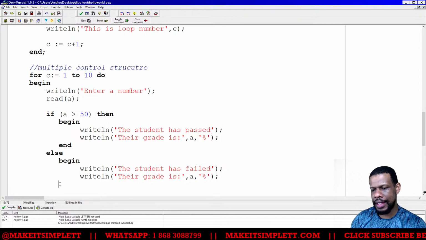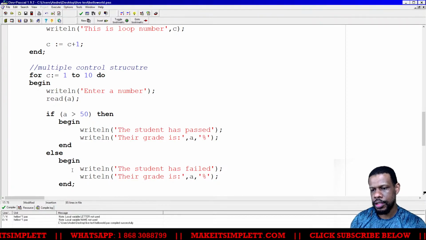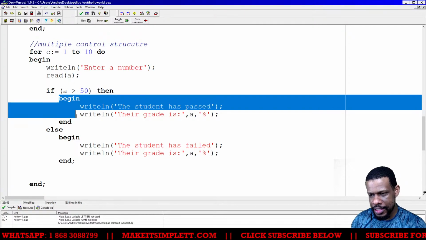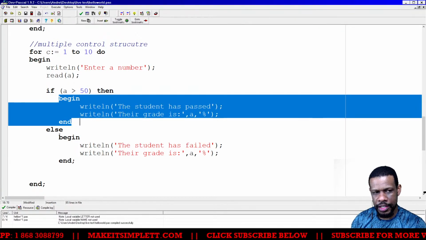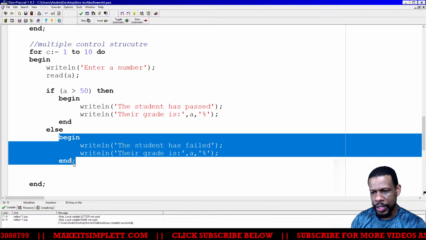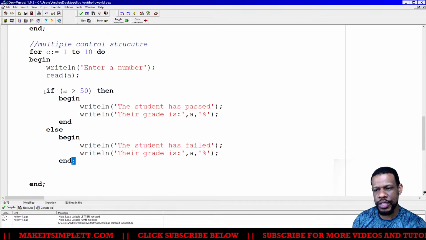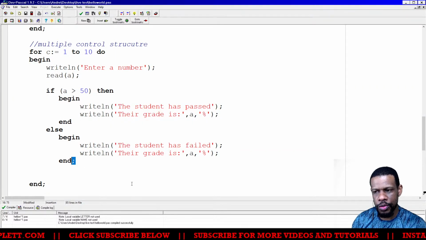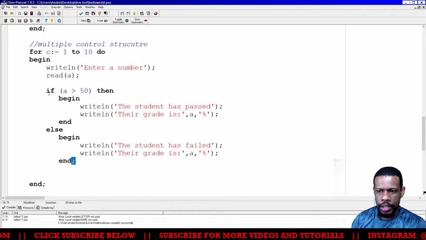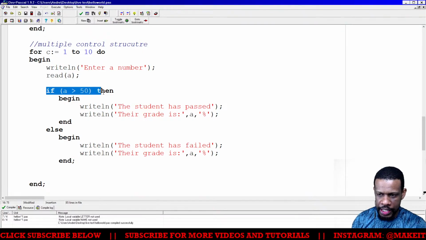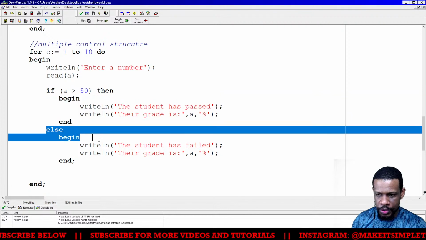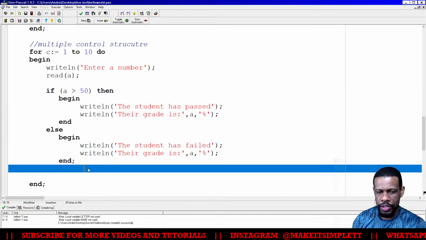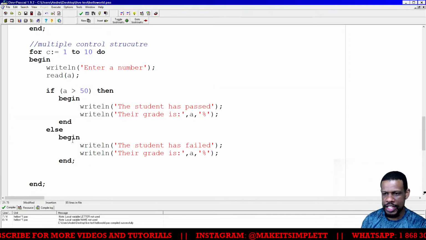But now the end I'm going to put here is with a semicolon, because that now means I'm checking if it's greater than 50, then begin this sequence here. Else, if it's not greater than 50, begin this sequence here. But this semicolon here says I am finished with the whole if sequence. So I'm telling the compiler, check this, do that if you have to, do that if you have to. But once you reach this semicolon here, I'm finished with the whole if sequence, which is sort of confusing, but that's basically how it works.